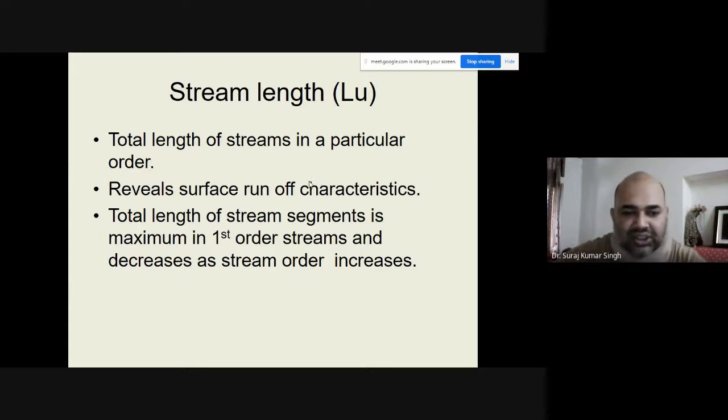And what does it suggest? It reveals the surface runoff characteristics. The prime focus for doing this kind of analysis is that during the rainfall, near your houses, you will see something like a river flowing. There is a lot of water coming up, and post monsoon there is no water. So what is that? That is excessive water that is beyond the carrying capacity of the land, and that is